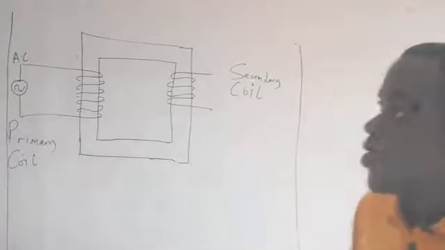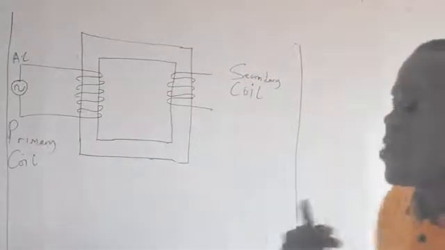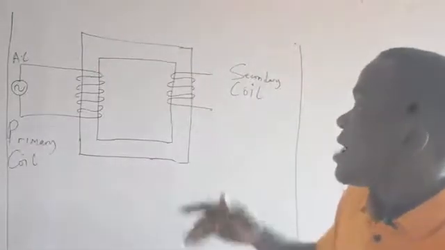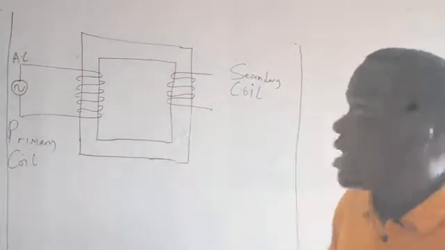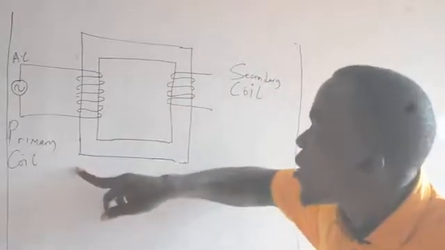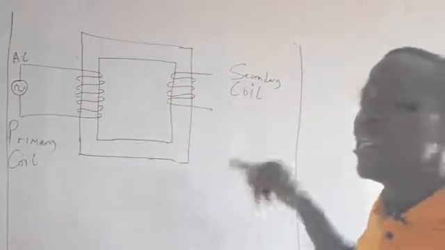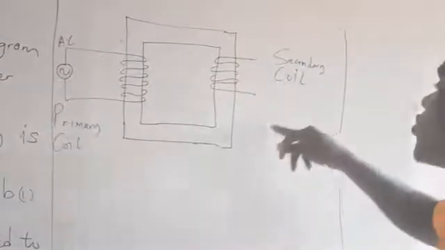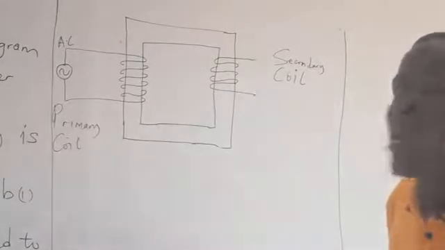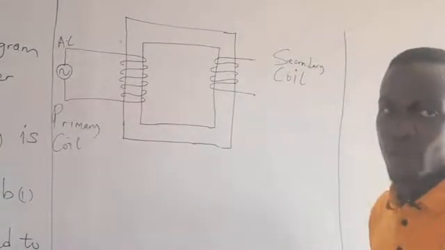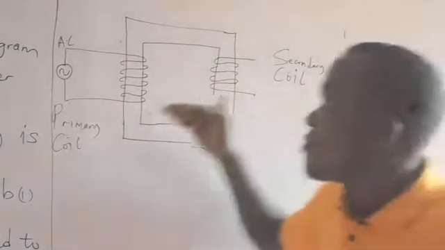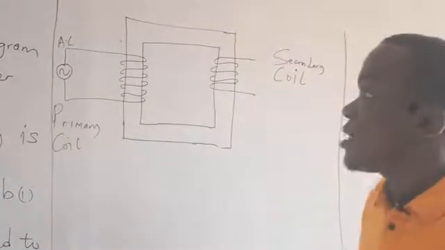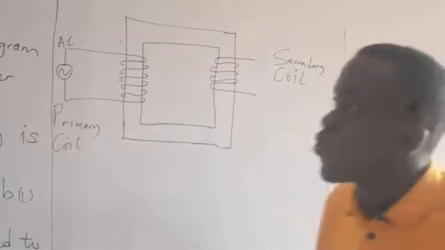Now, after drawing this, if you look at the primary coil, the primary side of the transformer, the number of turns in the primary coil is higher than the number of turns in the secondary coil, which makes it a step-down transformer. This means the voltage coming from here has been stepped down to the required voltage that is needed. So from here, you want to explain.